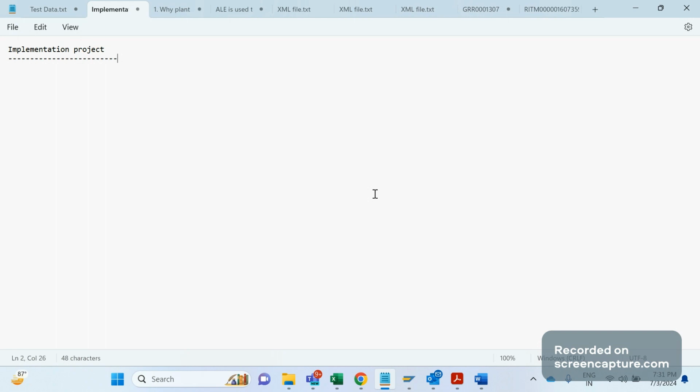But still, we can confidently speak about implementation projects in an interview. If you have less than or equal to 3 years of experience, then you can say that yes, I was involved in an implementation project, and as a junior consultant, I was doing some basic configuration relevant to SAP.